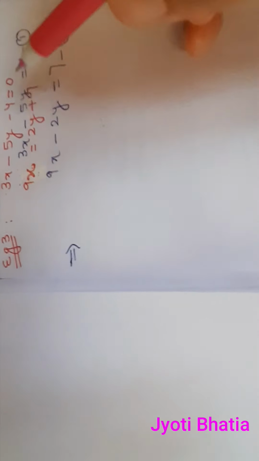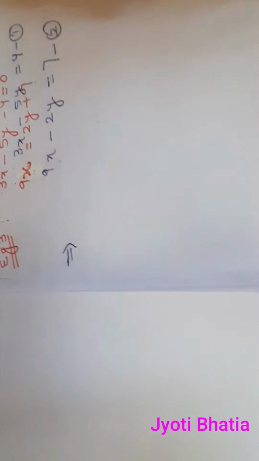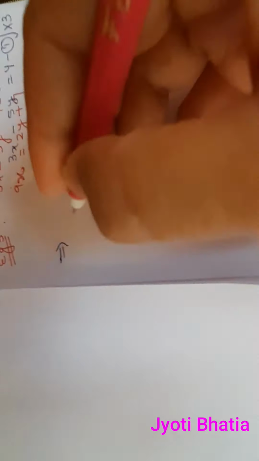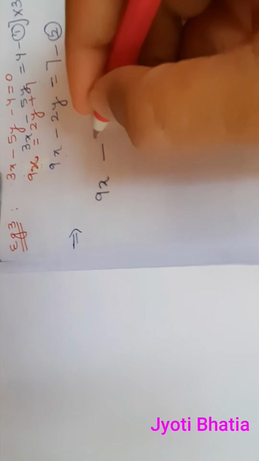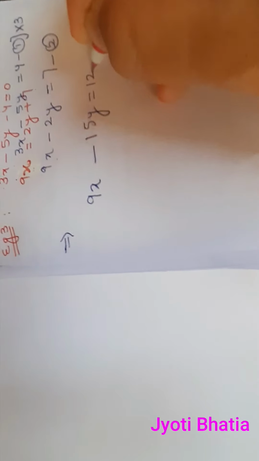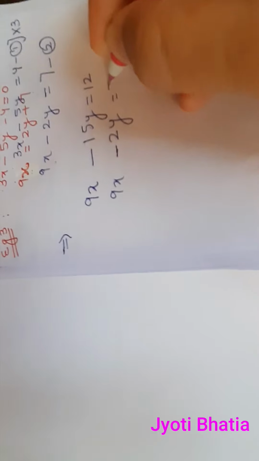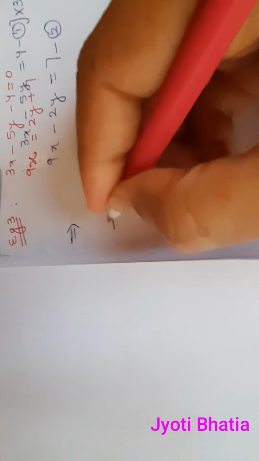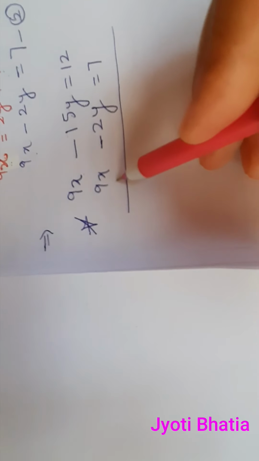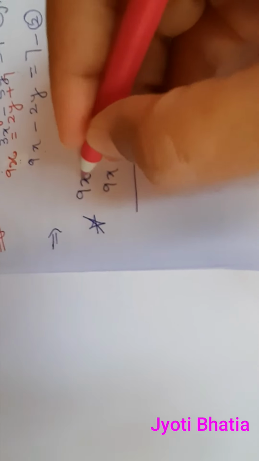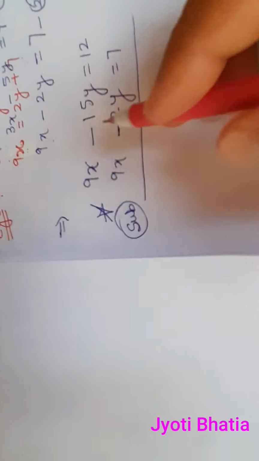Now I would like to equate x. It is 9, and the first one is 3. So let us multiply the first equation by 3 so that it gives me 9x. 5 into 3 is 15, 4 into 3 is 12, and the second equation as it is, 9x minus 2y is equal to 7. Now please note here, both are positive. I cannot cancel positive with positive. If I have to eliminate these two, then I need to have one negative. So now I will be subtracting these two equations.